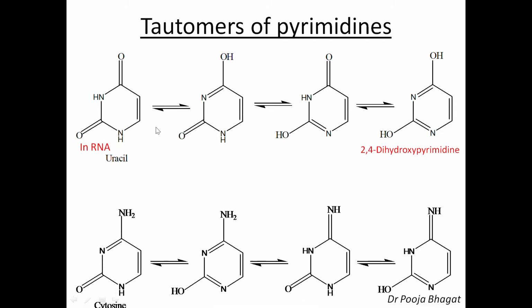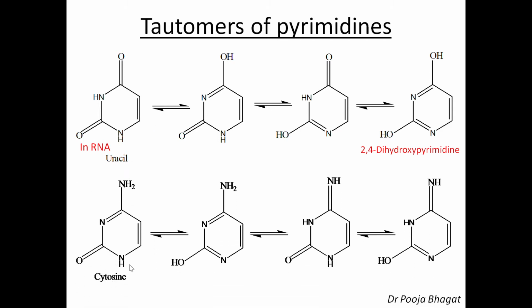Now let's see this. This is cytosine. As we have discussed, in cytosine at second position the oxo group is there, at fourth position the amino group is there. So now we have to draw the tautomers for this cytosine. So one is this oxo group, as you know, this is a ketonic group, so you can easily convert it into the enolic form. So that is one of the tautomers, and here this is amine, and this amine can be present in the tautomeric form with the imine NH.